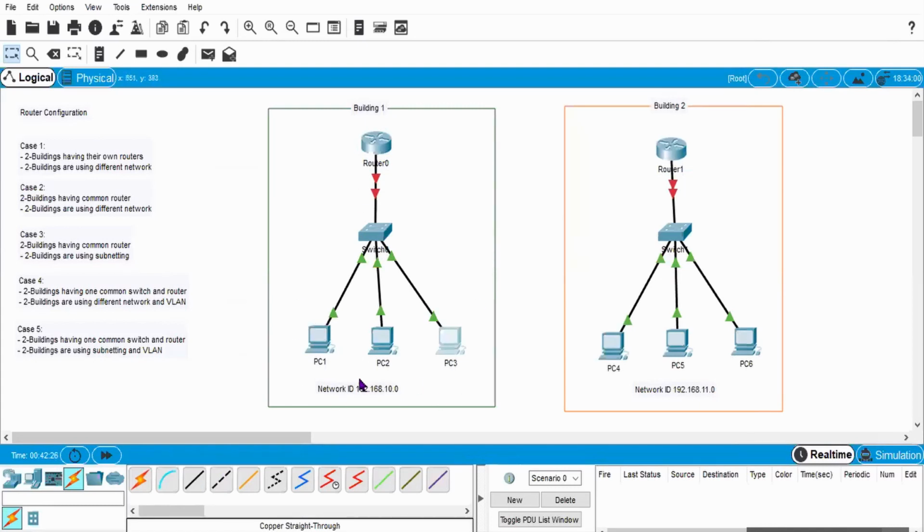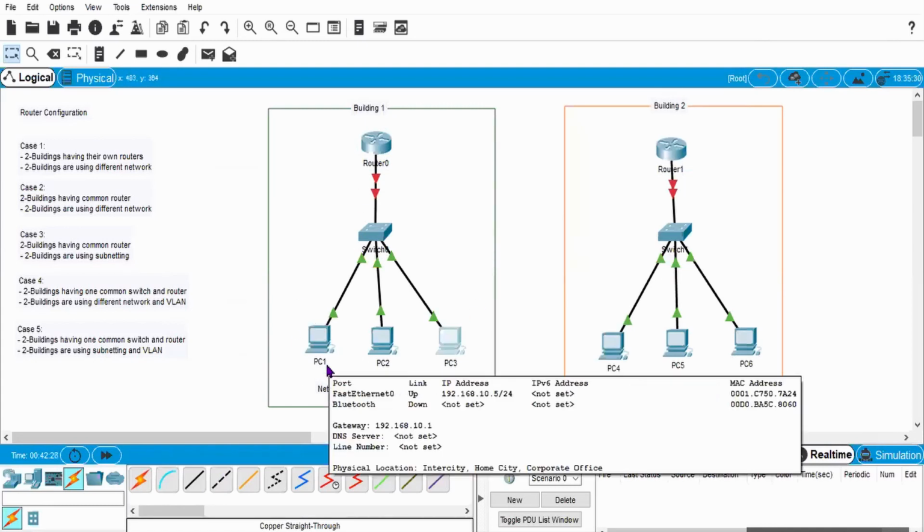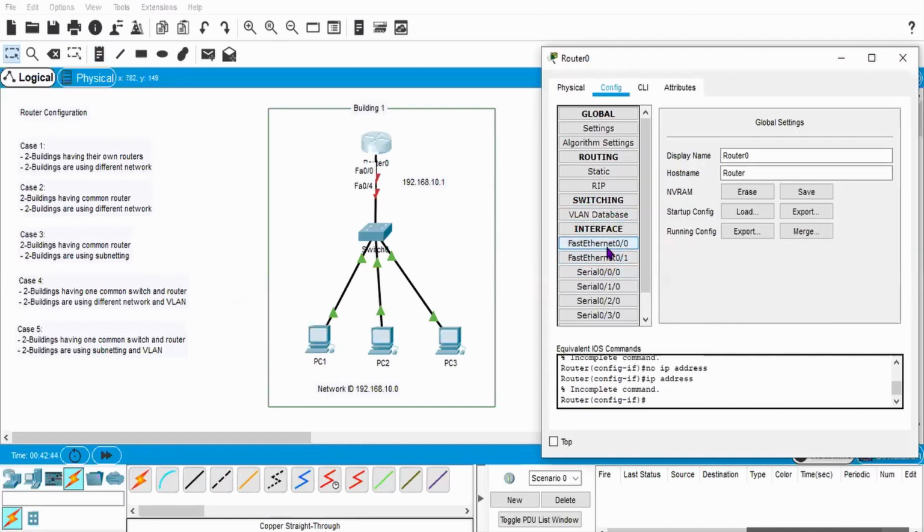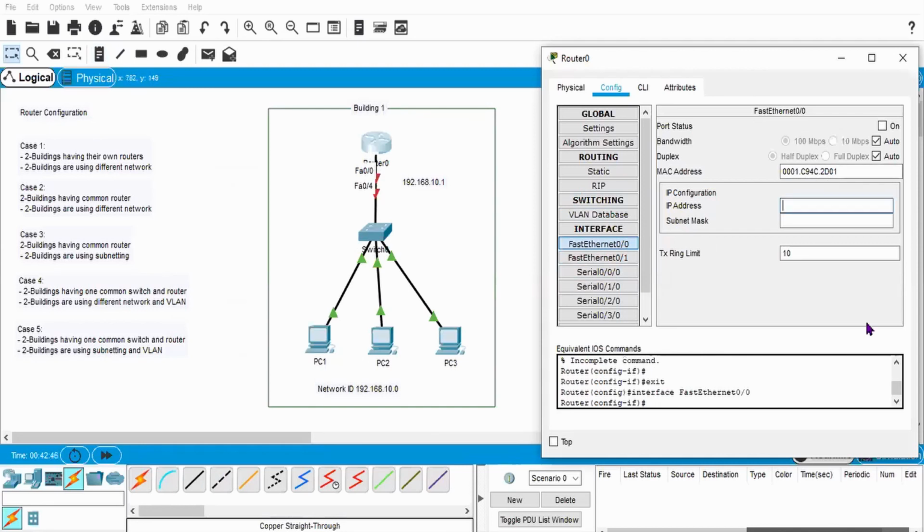Now these end devices have the same default gateway address, and that default gateway is nothing but the address of this router port, which is fast Ethernet 0/0. So you go to fast Ethernet 0/0 and give the IP address 192.168.10.1 with the default subnet mask, and you need to give this port status as on.